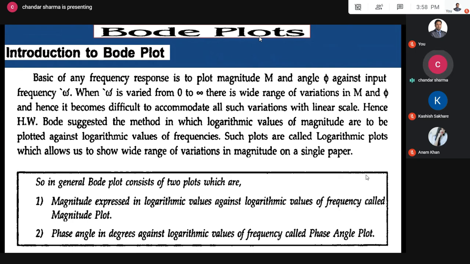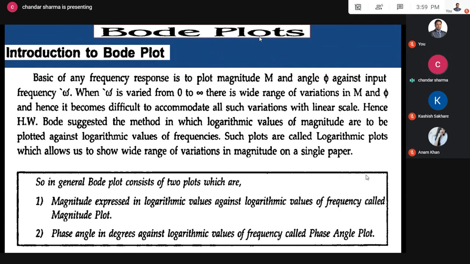So the basic of any frequency response is to plot magnitude, that is M, and angle against input frequency omega when omega is varied from 0 to infinity. So there is a wide range of variation in M and phi,